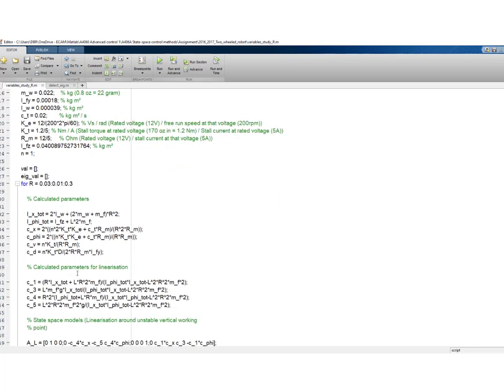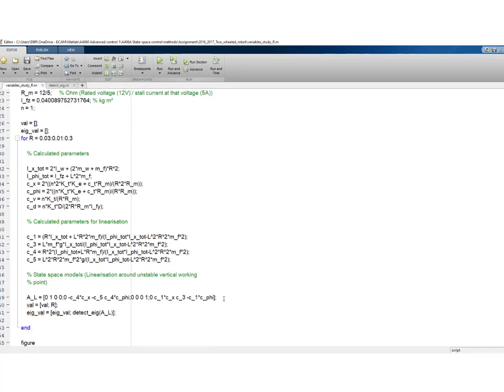Calculation of some parameters, and here the state space model. It's a linearization around the unstable vertical position, and what you can see here is that there is a loop. So the A matrix is computed for different values of R, going from 3 centimeters to 30 centimeters,